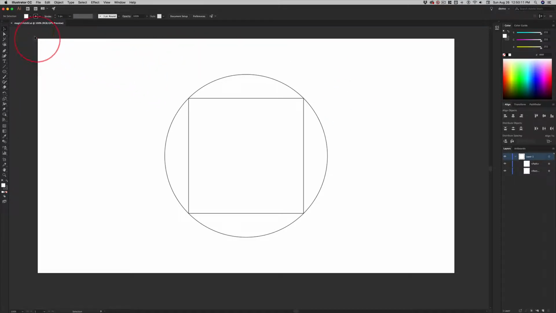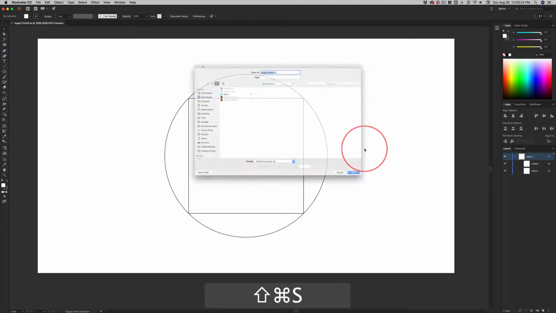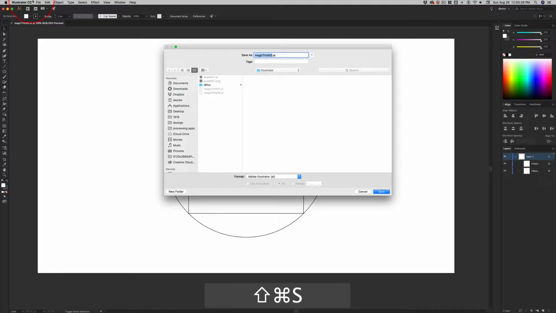If you haven't already done so, go ahead and save this file. Command S saves this file. Then let's save as, because we're going to do something that might destroy what we have, and we want to preserve our steps. So again, that's File, Save As, or